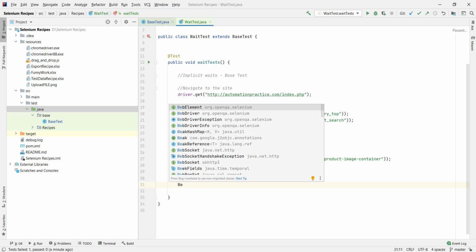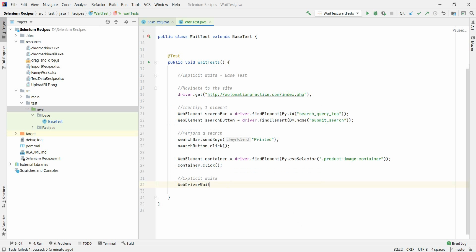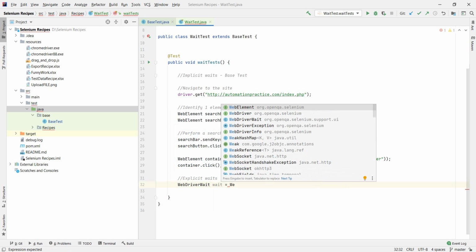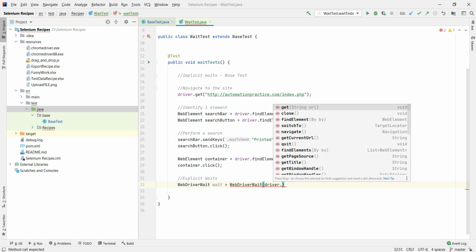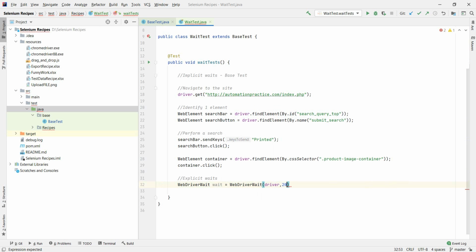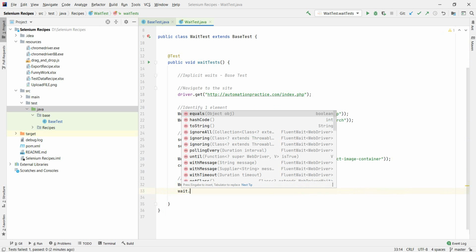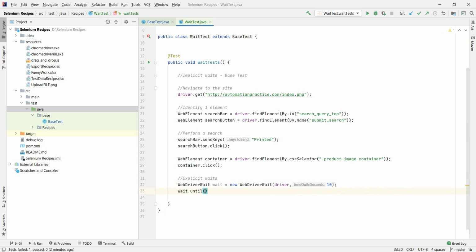So we do WebDriverWait wait equals new WebDriverWait, and not WebElement, WebDriverWait, and driver and a couple of seconds here. So once we have the WebDriverWait defined, we do wait.until, and